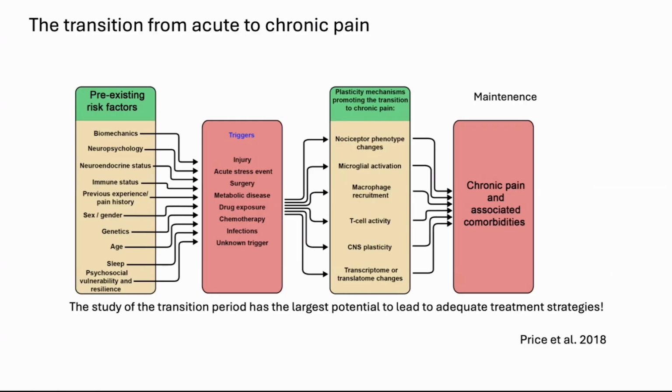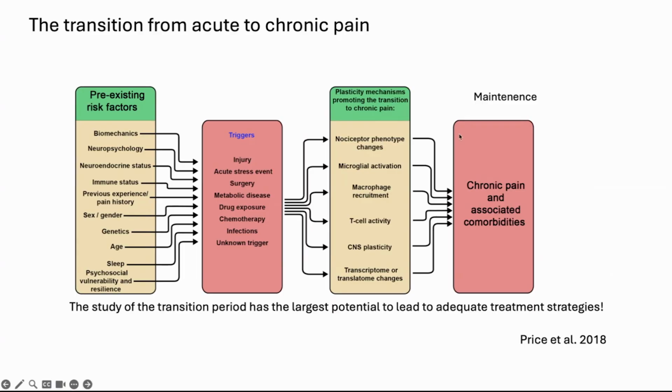So, for instance, with examples like chronic cancer pain, while the same principles apply, the source of nociception in this context will be more easily identifiable. Now, the concept that I want to discuss in this slide is the transition from an acute stage to a chronic pain stage, which allows us as scientists to try to understand what happens both in the periphery, but also in the central nervous system that seem to perpetuate these painful states.